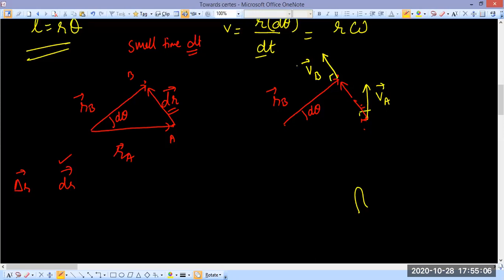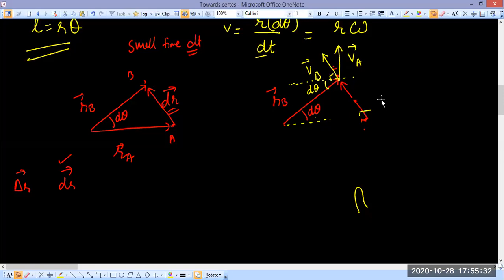Okay, so then do you realize that if I would be taking this angle as d theta, this is also d theta, right? So if I would just draw this VA vector here,